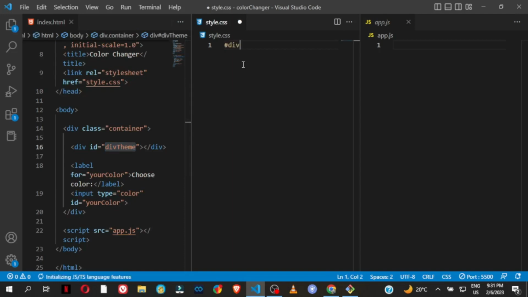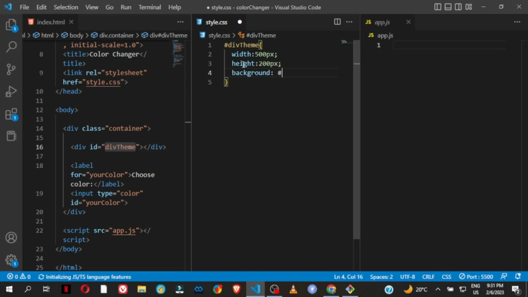So div theme, and we are going to say width 500 pixels. Then the height is going to be 200 pixels. The background color, I'm just going to use a teal color. So background, and we are going to say 008080. So that's a simple teal color. If you had to save this and go back in the browser,